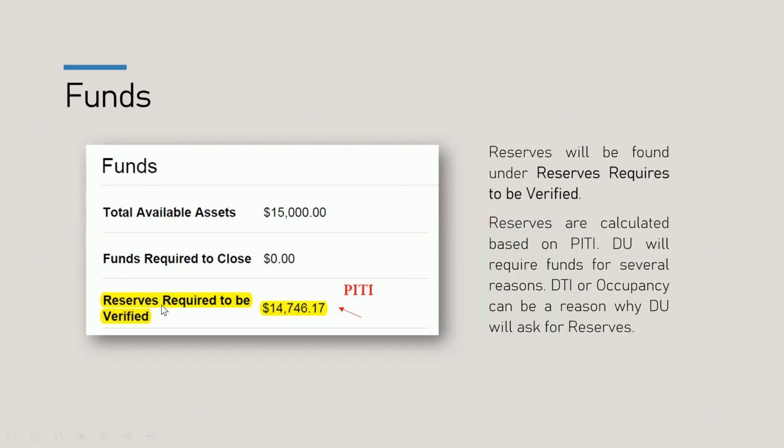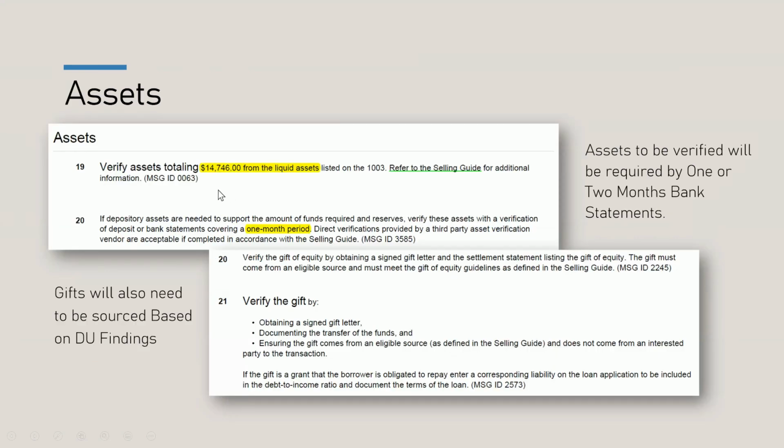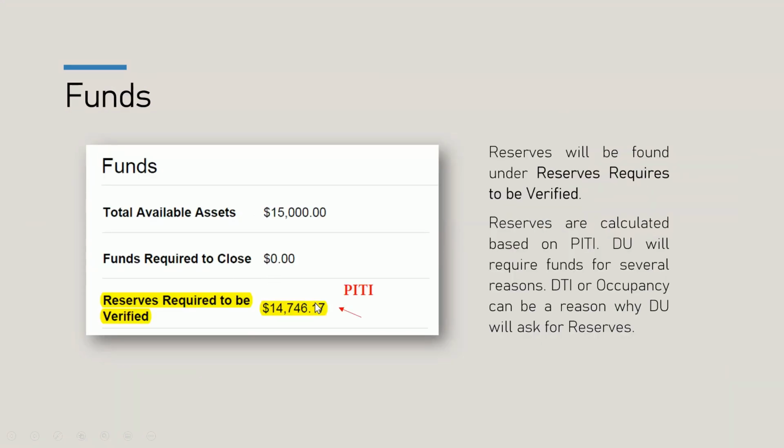Reserves, looking at the section where your funds are at, always keep in mind, sometimes people are saying, well, no, it's not asking for reserves, because it kind of confuses funds required to close. You want to take a look at this here, your reserves required to be verified. So keep in mind that if your DU is asking you for 14,746 in liquid assets and 14,746 in PITI,